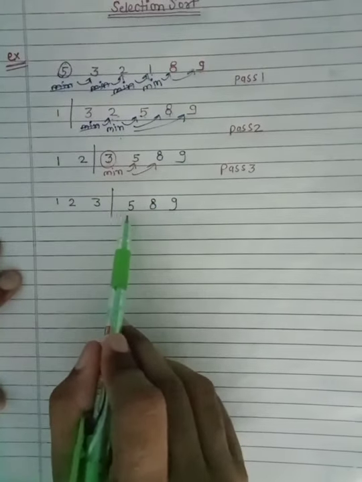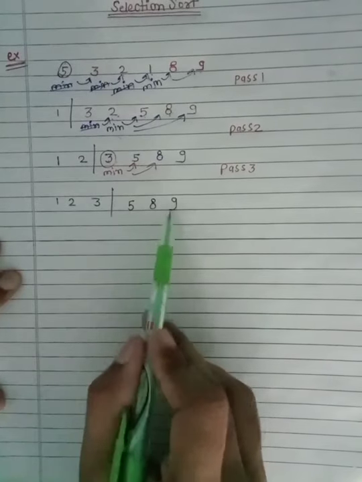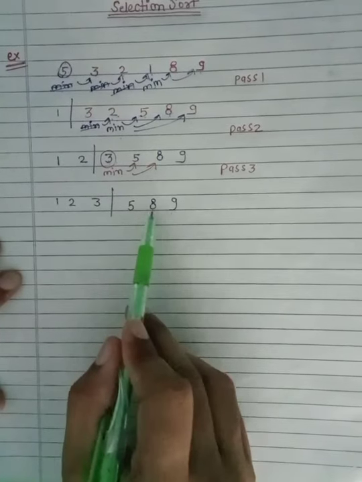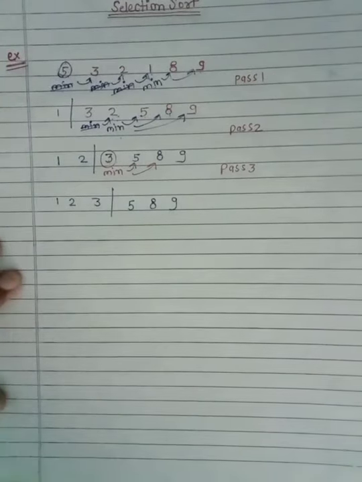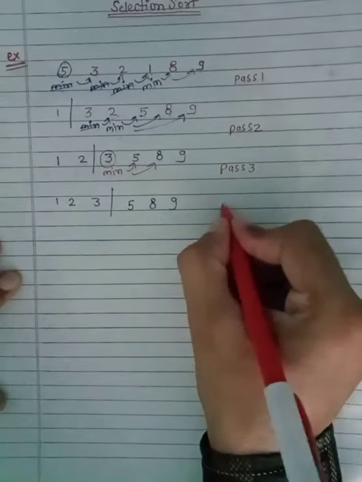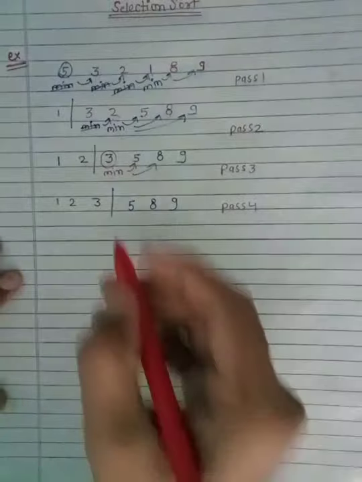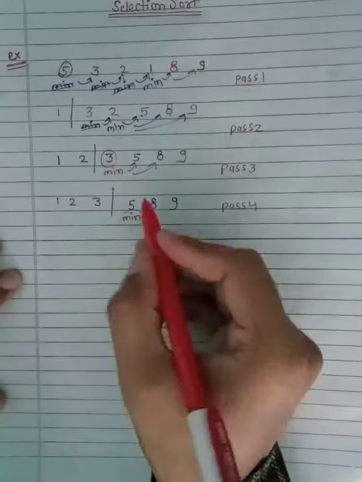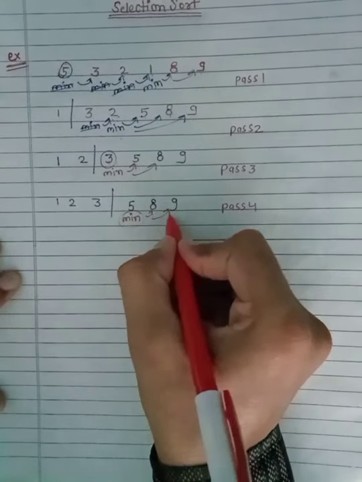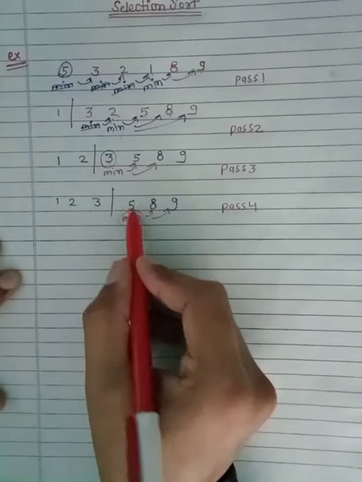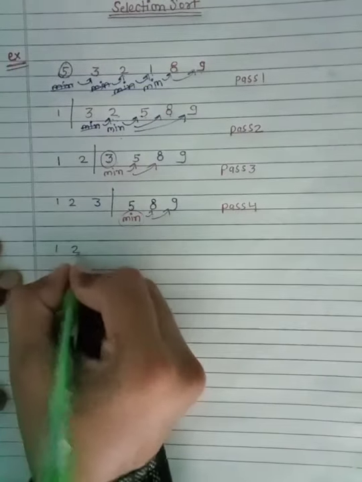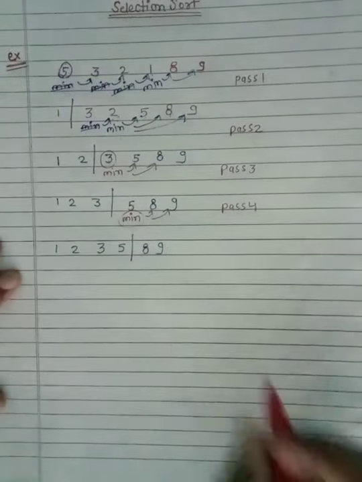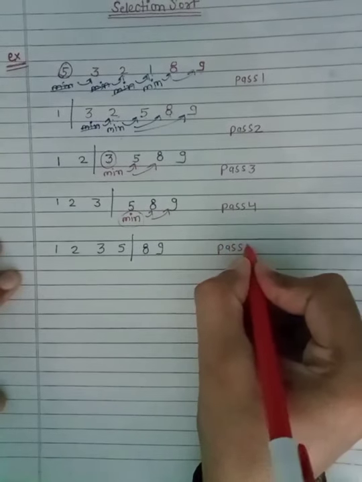We can see the next elements 5, 8 and 9 are already sorted, but we have to check because the computer does not know whether these elements are sorted or not. It will check all the elements. So in pass 4, with the next element, let's say the minimum variable contains the value 5, it will check with the next, and the next. 5 is at its correct position, so it will be 1, 2, 3, 5 like this. And then pass 5,